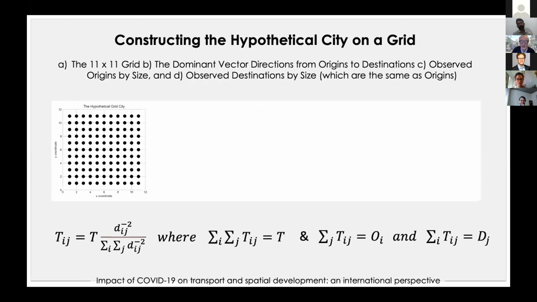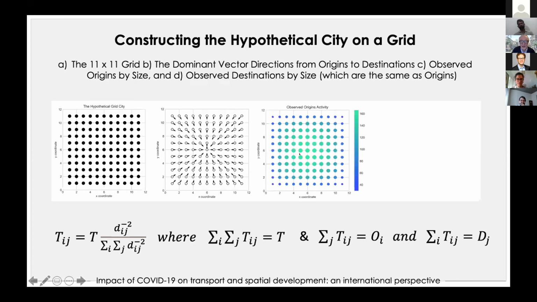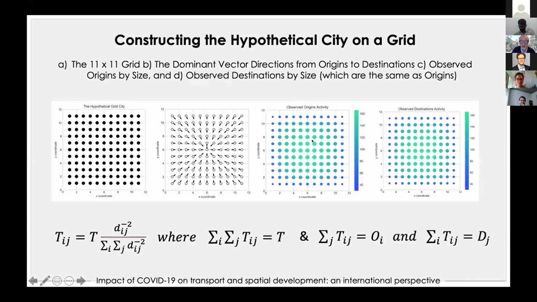Okay, so this is the directionality of the grid, highly symmetric in this sense, as you might expect. You take a grid like this, the most accessible point is the center in that sense, and we apply our null hypothesis model, the inverse distance law, to get, first of all, a pattern for origins and destinations, and then a pattern for origins, where people live, and destinations, where people work. And they're both identical because this model is symmetric.